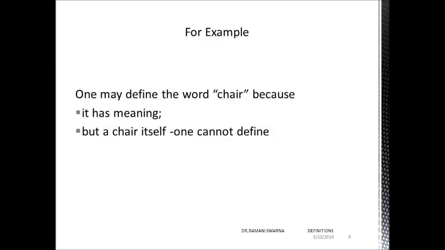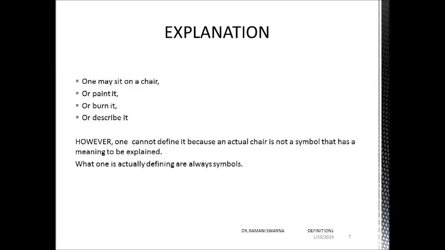The second point is that definitions may explain symbols with specific meaning also. For example, one may define the word chair because it has a meaning. It represents something which exists externally, which is present in the world. But a chair itself, one cannot define. If you ask me what a chair is, I would give you an explanation: yes, it has a platform, it has 4 legs or 2 legs, then it has a back, which can give support to my shoulders, or the entire back of my body. And there are different kinds of chairs and everything. So here we can see that it has a meaning, but in itself we do not have any kind of definition. Now, explanation.